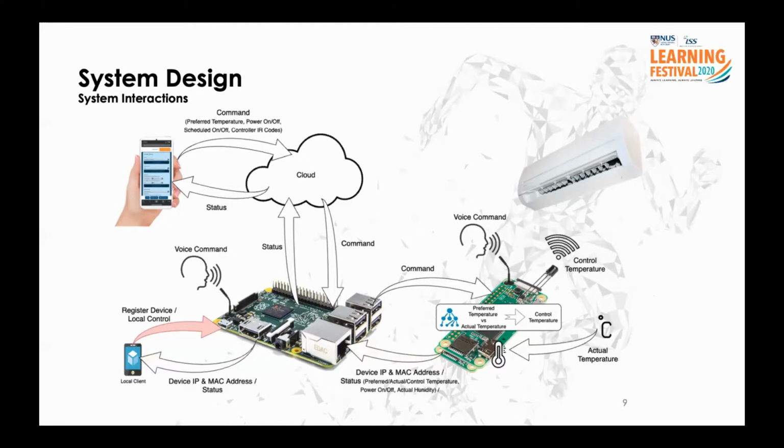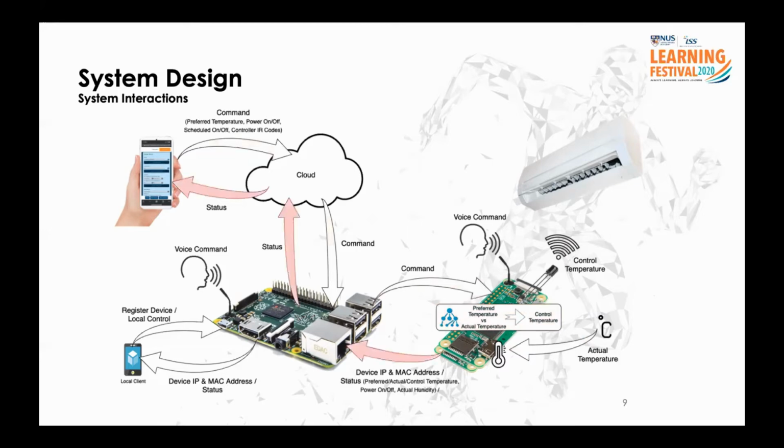After the initial hardware setup and proper gateway and device registration, the front end can issue commands to a specific device via the cloud and the gateway. Based on the command received, the controller sends the corresponding IR control code to the Aircon unit through the IR emitter. The controller device is also equipped with sensors to capture the surrounding temperature and humidity. Running an algorithm on the actual temperature from the sensor and the preferred temperature set by the user, the device can derive the control temperature to be issued to the Aircon unit.